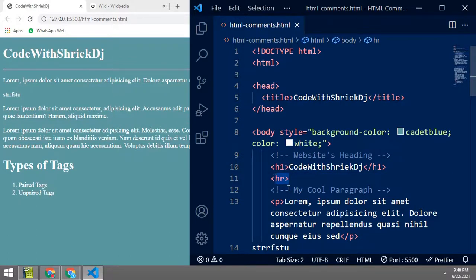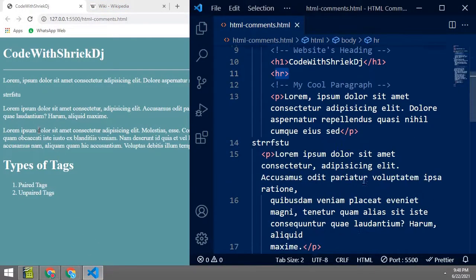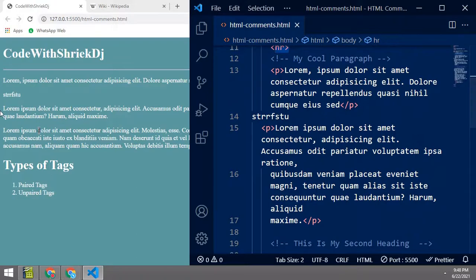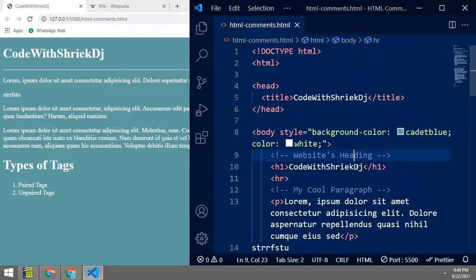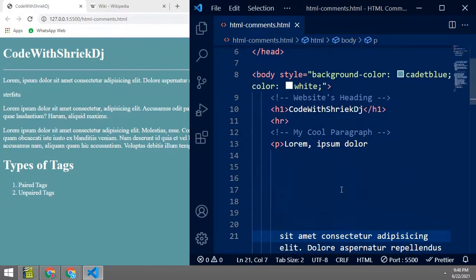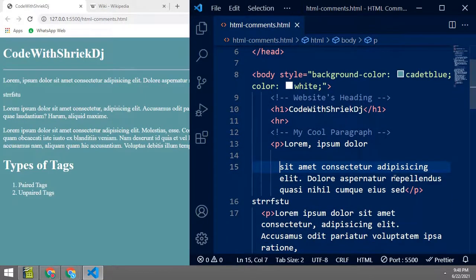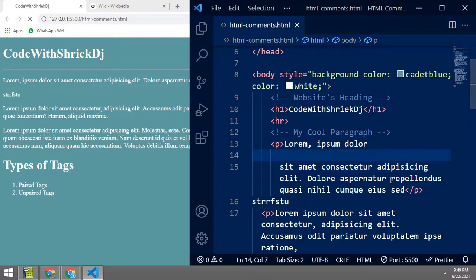There are also other tags. Like if you want to add a new line here or here, before this text, and if we add an extra space, it does not add any new line here.